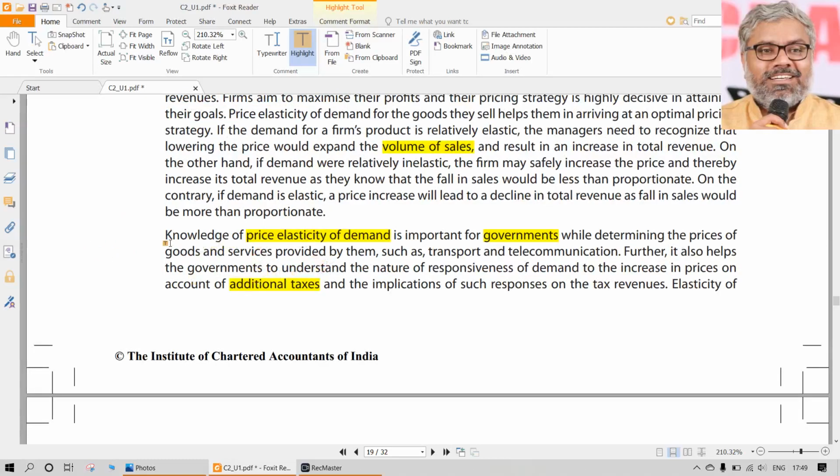So finally what happens? The people who are consuming them will pay the price for it. They'll have the burden for it. They deserve to have that. They will bear that burden, and the government will have its revenue. So the purpose is served. Ultimately, the government's revenue is increased because of that. And how is the government able to do that without any backlash from the people?